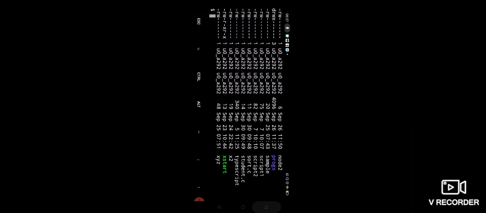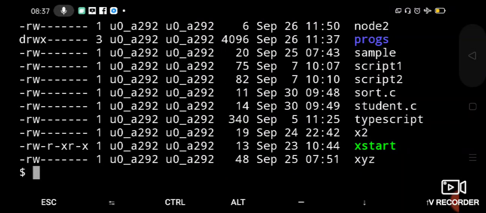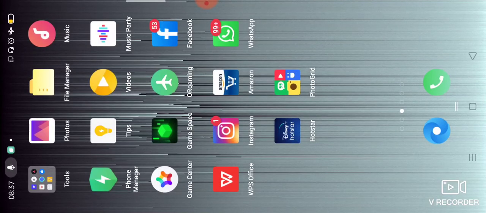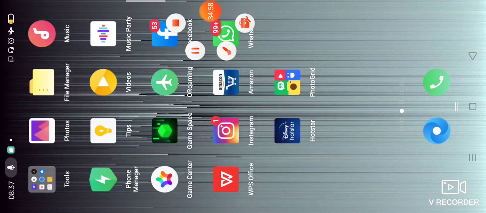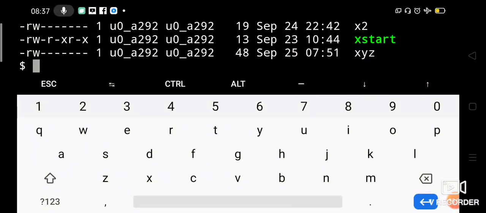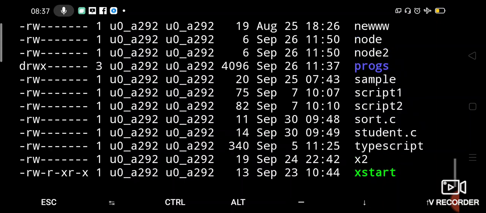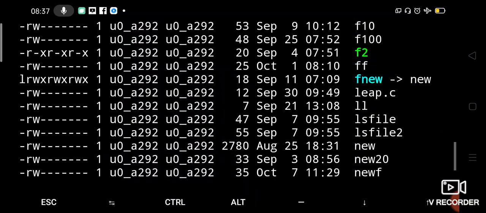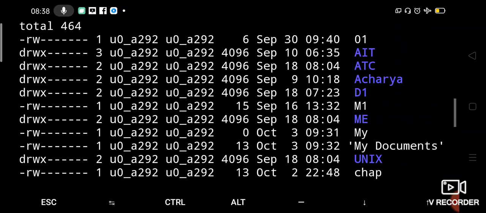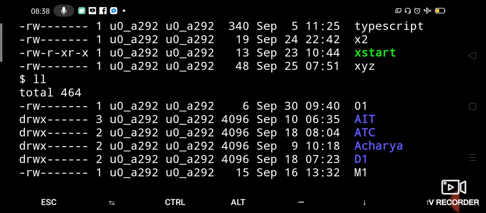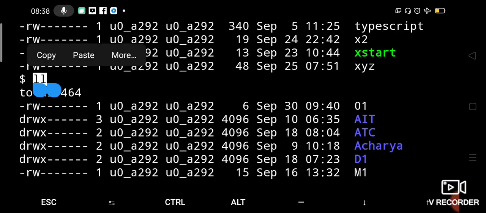So rather than writing ls -l, I can simply write ll, which will also execute ls -l only, isn't it? See, I have given the command ll here. You can see ll is acting as ls -l only. So I have aliased the ls -l command to ll.